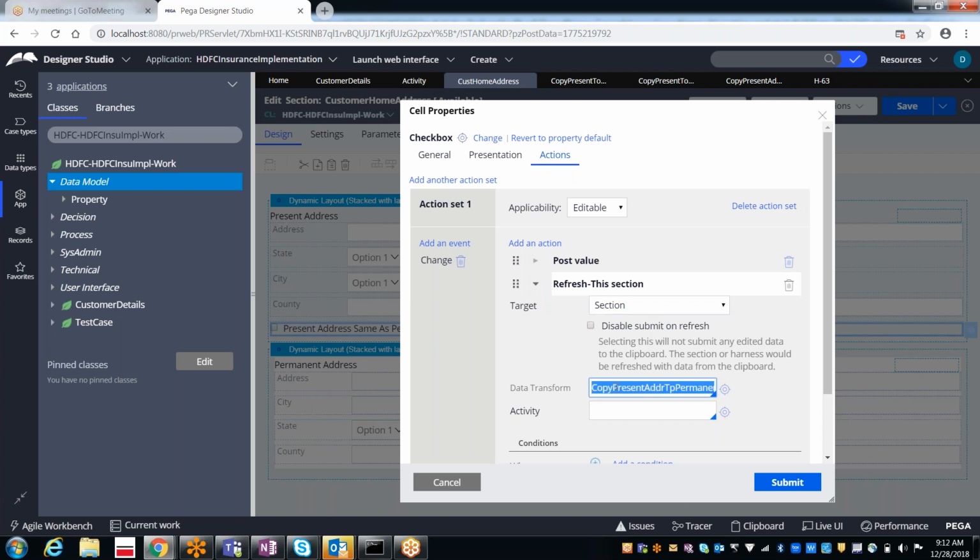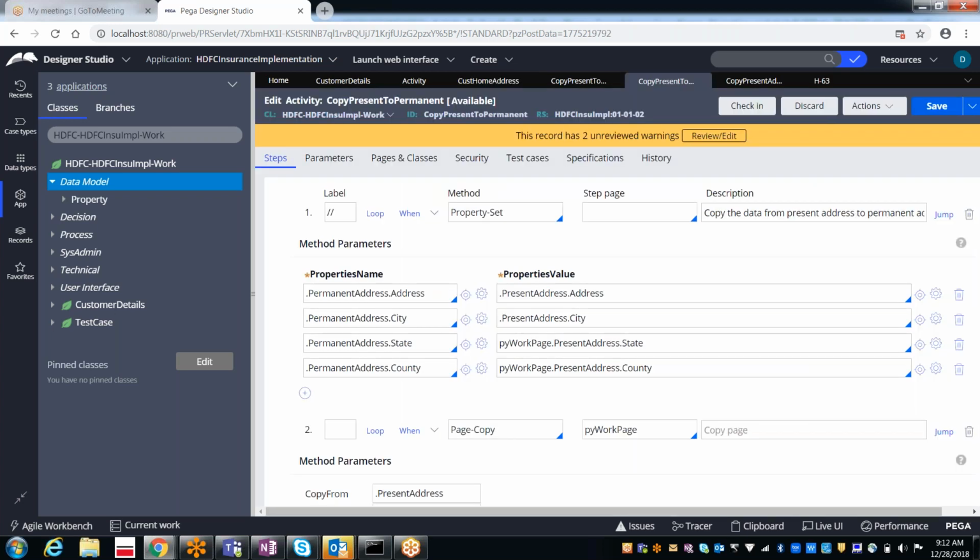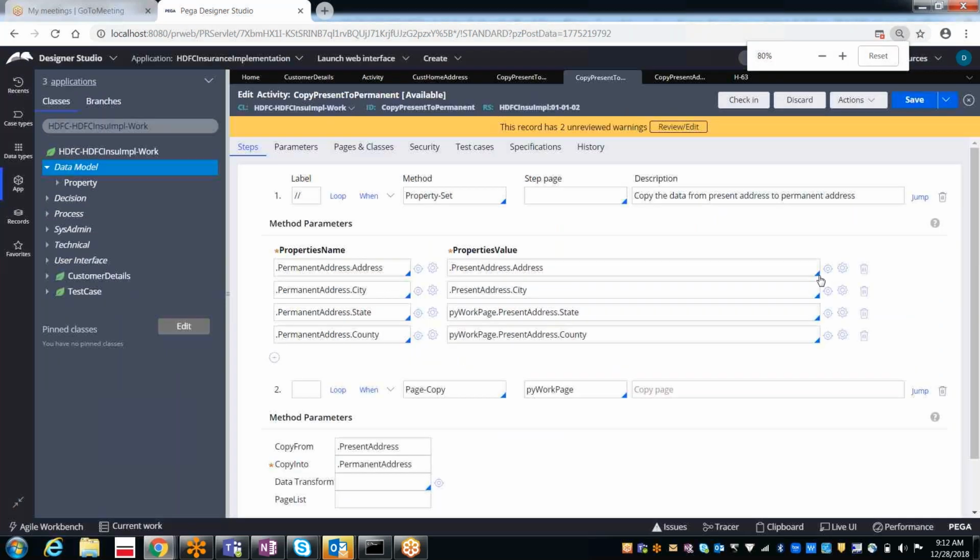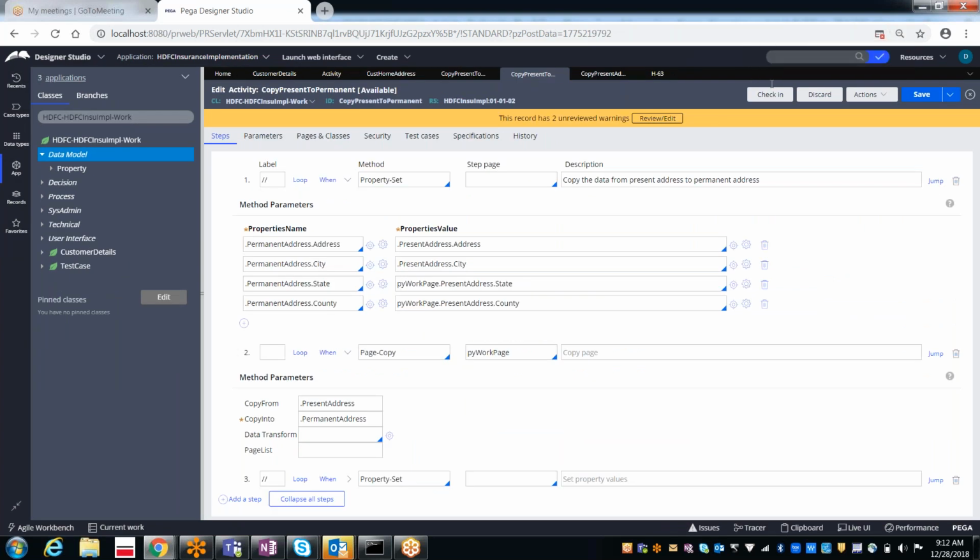And the next method is, I don't want to call the data transform from this checkbox. Here I want to call the activity only. I want to use the activity only, but I want to again call the data transform. The main thing should be activity only, but again it should be the data transform only.